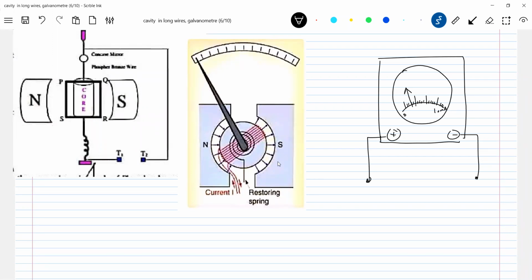If the zero is in the midpoint of the scale, that will be widely used to get the direction of current. If the zero is on one side, that can be used to convert the galvanometer into ammeter and voltmeter. Suppose a potentiometer, meter bridge, or even post office box, what type of galvanometer will I prefer? I prefer the galvanometer where zero will be the midpoint of the scale. For ammeters, voltmeters, all measuring instruments, I'll prefer the galvanometer where the zero on the scale is on the left hand side. So it all depends upon the application where the zero will come.